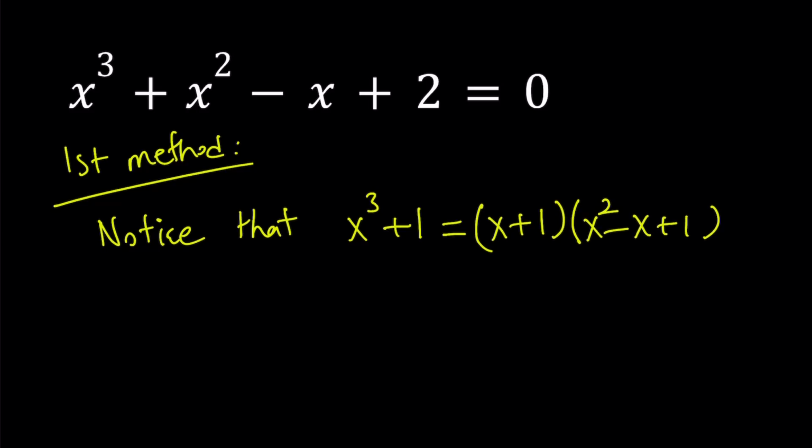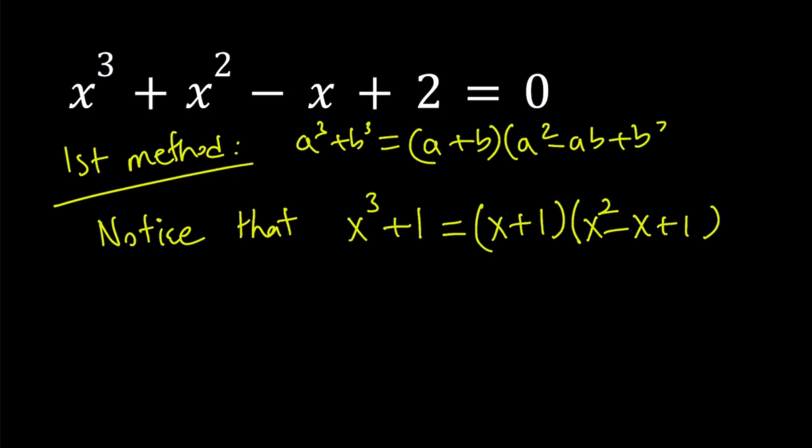If you want to know what sum of two cubes is, a cubed plus b cubed can be written as a plus b multiplied by a squared minus ab plus b squared. That's the formula I used here. Now, why did I mention that? Because if you look at the equation very carefully, you're going to notice that you can break it down